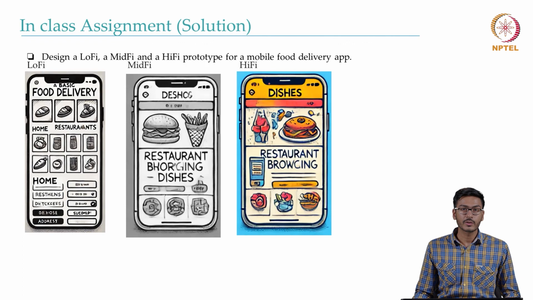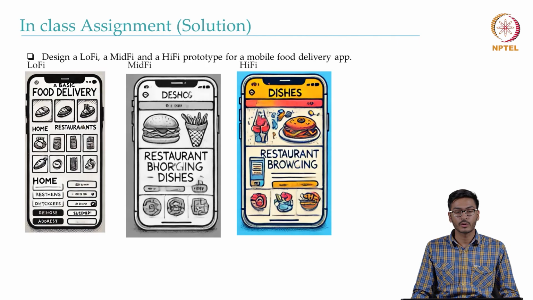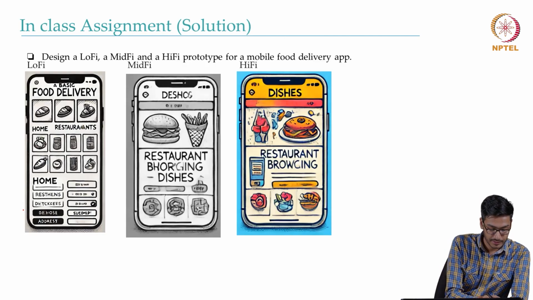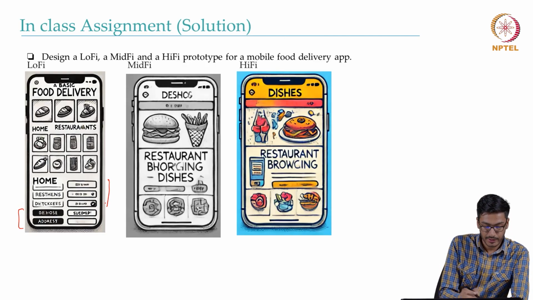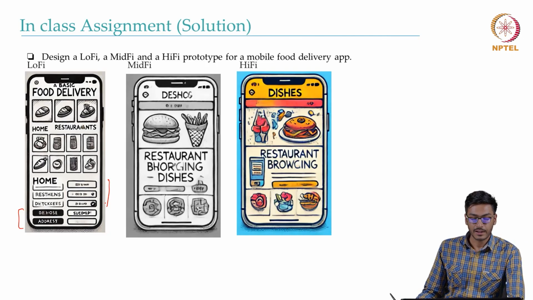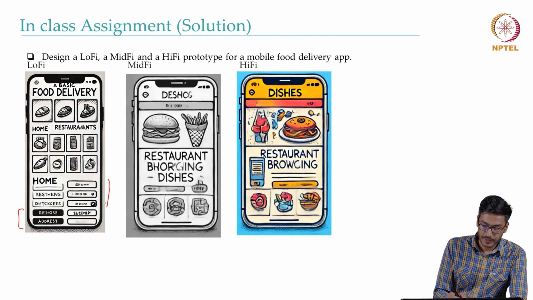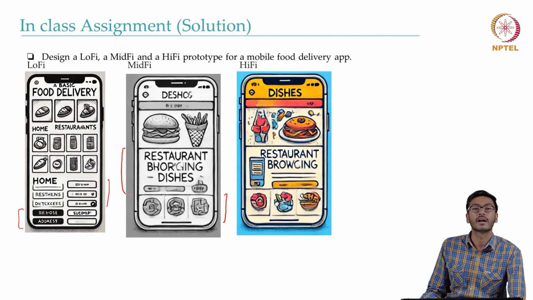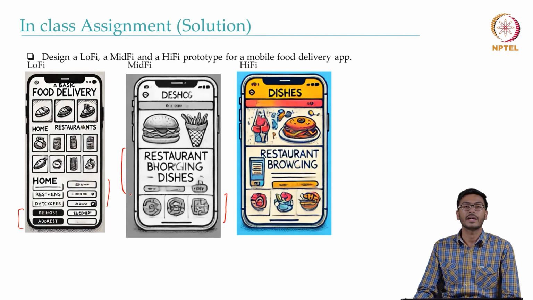Okay, now we are going to be discussing what a lo-fi, mid-fi, and a hi-fi may look like for a food delivery application and how they may differ from each other. Well, the lo-fi contains simple buttons which do not contain any level of detail, and they may not be interactive. As for the mid-fi, it has some clickable areas. It is interactive to some extent while still being a basic design, allowing for iterations and thus improving the design.